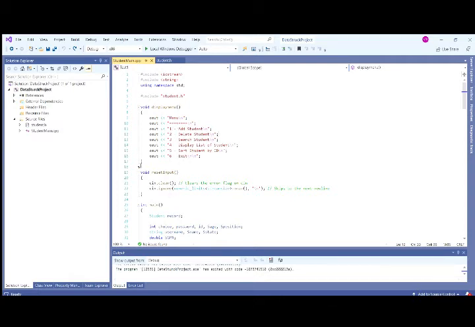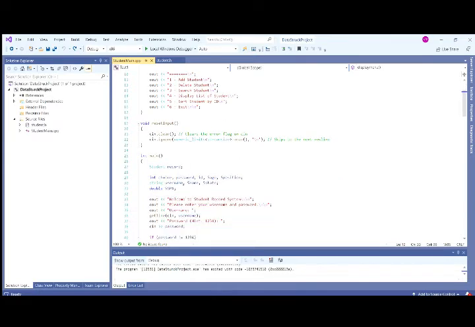Okay, next is reset input. So we clear the error flag on cin, and then skip to the next new line. Okay, in the main code,